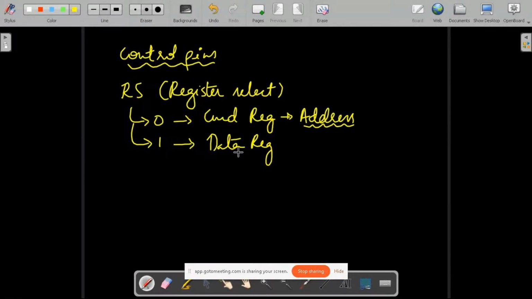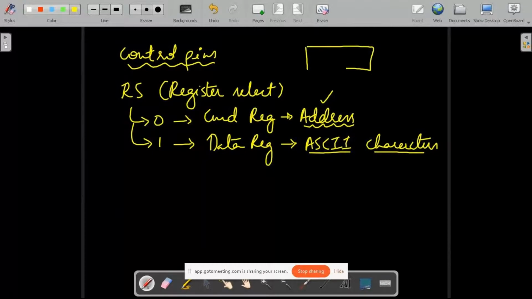And data register is where I got to pass on the ASCII values of the characters. So each time an address should be specified for a character to display on the 16x2 LCD display, let's say somewhere over here. Because we want this to get printed on the very first portion, I got to first know its address.